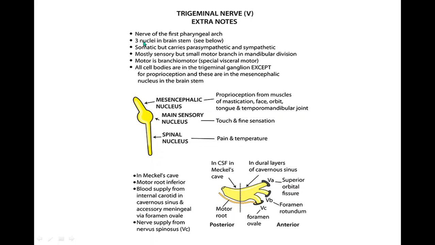So even the nuclei are very important. The nuclei of the trigeminal nerve extend throughout the brainstem: the mesencephalic nucleus in the midbrain, the principal sensory nucleus along with its motor nucleus in the pons, and the spinal nucleus in the medulla. So that's all about